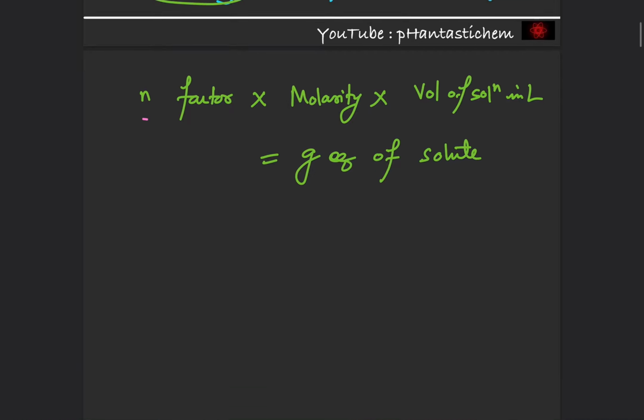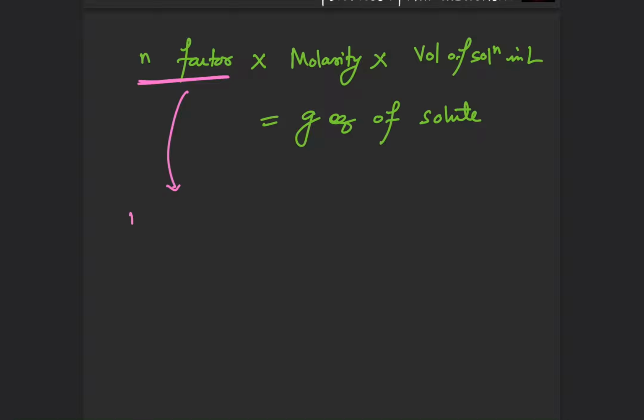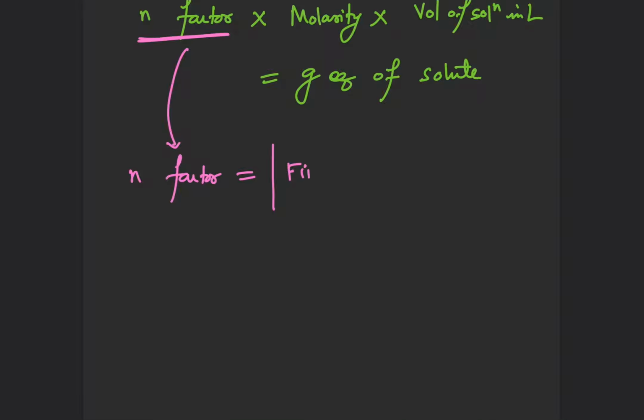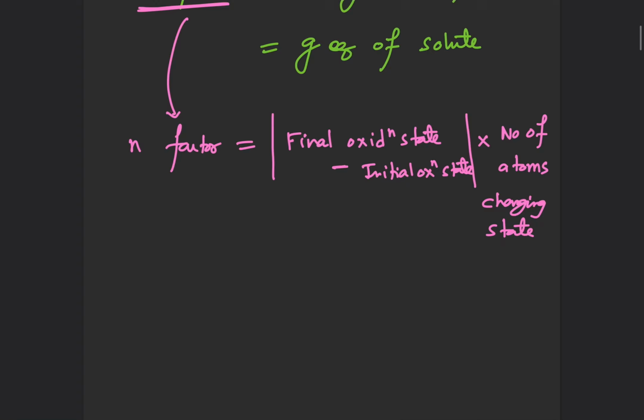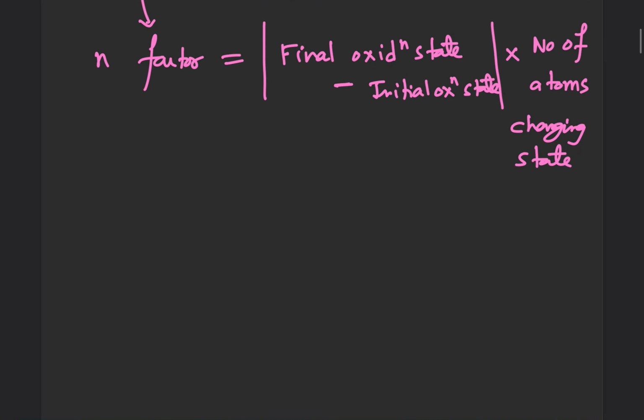Okay. And to calculate the n factor for an oxidizing or a reducing agent, we use the formula: n factor is equal to magnitude of final oxidation state minus initial oxidation state, into number of atoms changing state. Okay, so we'll see how to apply this formula, and using these prerequisites, now we can solve our